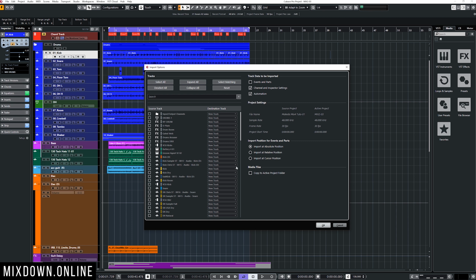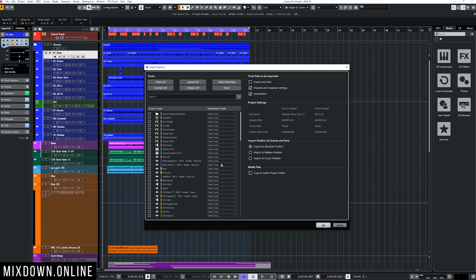So this feature will allow you to import in a session different types of tracks found in Cubase. From audio, MIDI of course, instrument, sampler tracks, marker, video, VCA, group, effects, channel tracks, folder, and also chord tracks. Now, the only exception to the rule are the tempo and signature tracks that won't be supported. But apart from that, you can import a whole bunch of tracks, which is very, very useful.